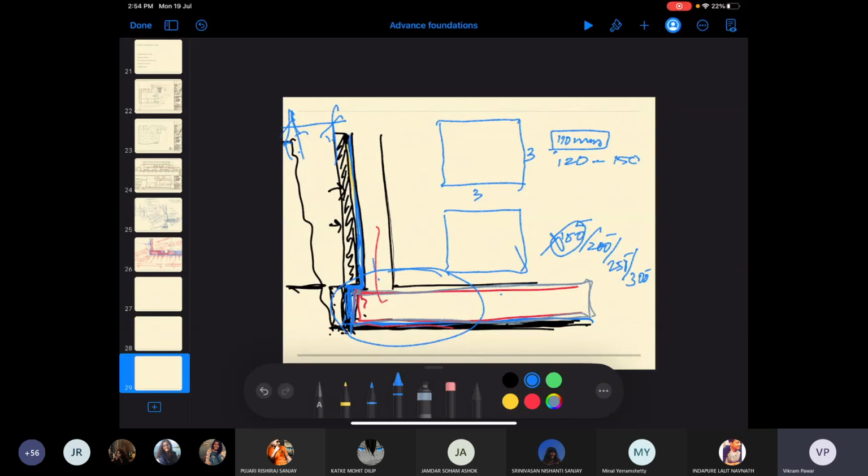Okay, so 100 से सीधे 150 पे जंप मत किया करो. Your slabs should never be designed as 150. They should be designed as 150 only if your spans are 4.5 meters. If your spans are lesser than 3.6 meters, then this 120 is good enough for you. In most instances, 110 is also good enough.